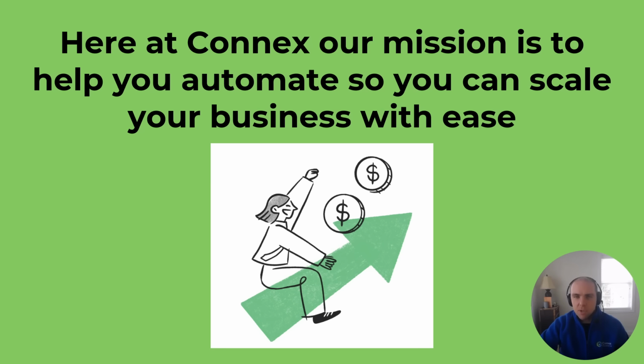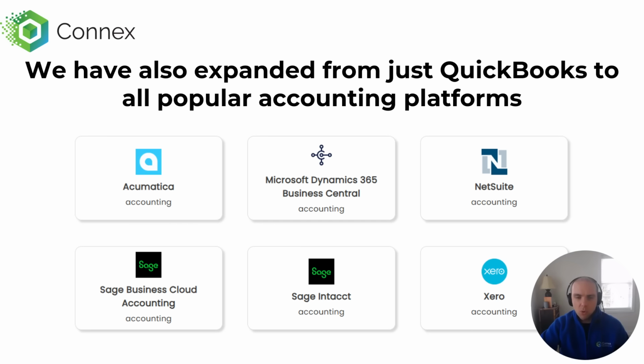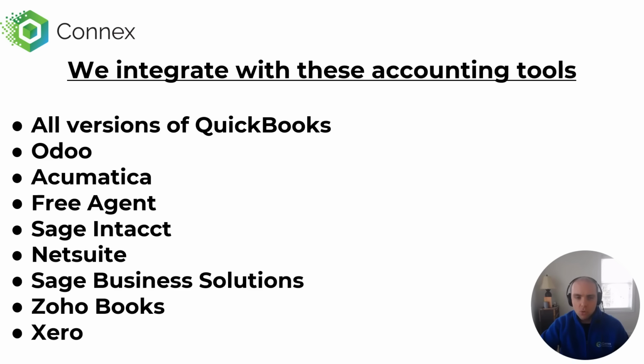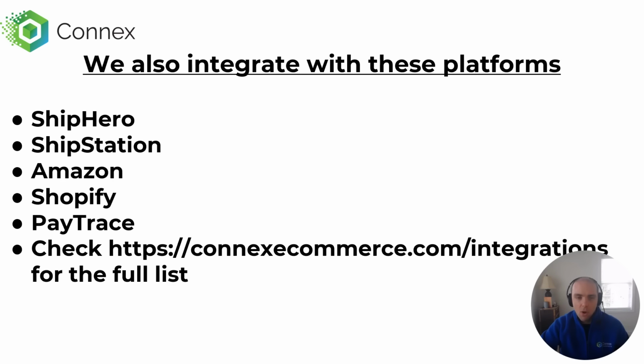Here at Connex, our mission is to help you automate so you can scale your business with ease. And let's talk a little bit about our integrations. We work with QuickBooks Online, Enterprise, Acumatica, Microsoft Dynamics, Odoo, Sage Intacct, Zoho Books, Xero. We work with a wide variety of selling channels and CRM tools like Odoo CRM, Zoho, Salesforce. We have a lot of customers that want to enter their quotes into the CRM and then sync them back to their accounting system. We also integrate with ShipHero, ShipStation, Shopify, Amazon, and for a full list, check out our site at